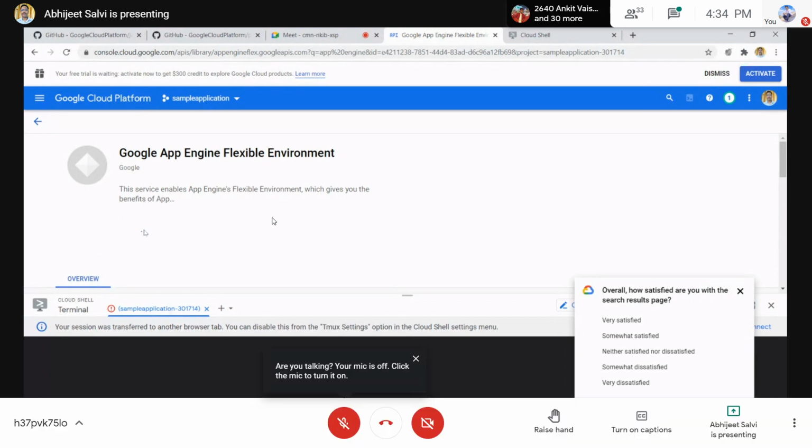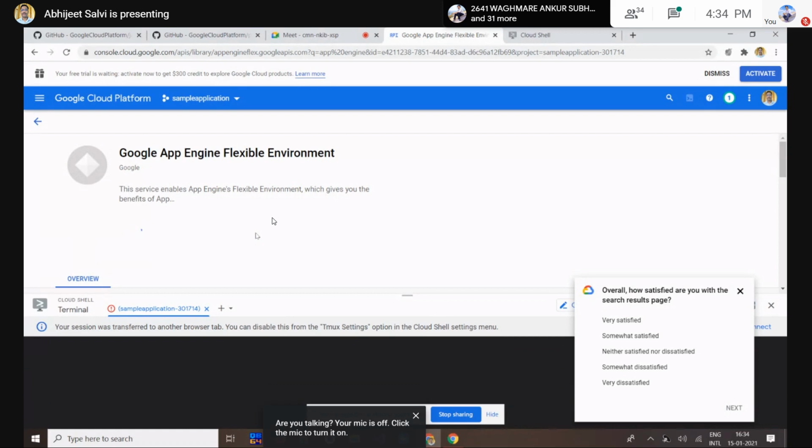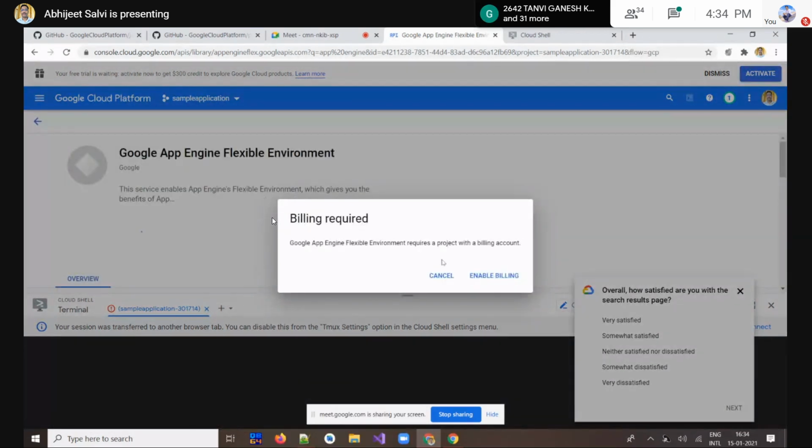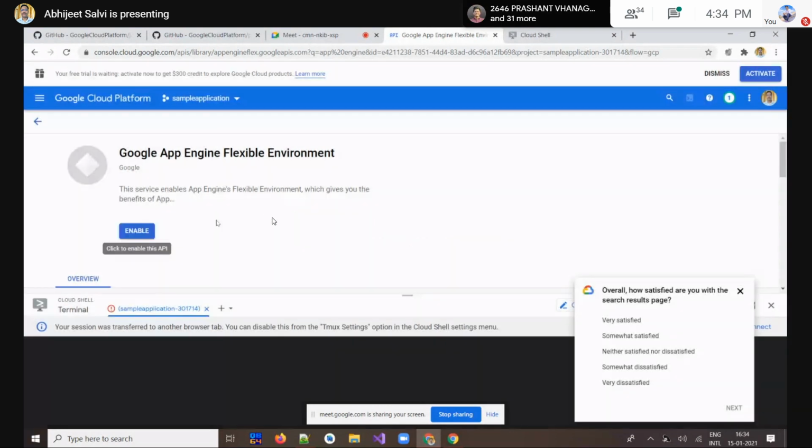Now when you click on enable this API, you might be aware that the API is the integration of that thing in our application. Okay, it's prompting me for billing. But as I told you, we are not integrated with billing right now, so let me leave this. The problem with leaving this is that we will not be able to deploy, but we can understand the process.